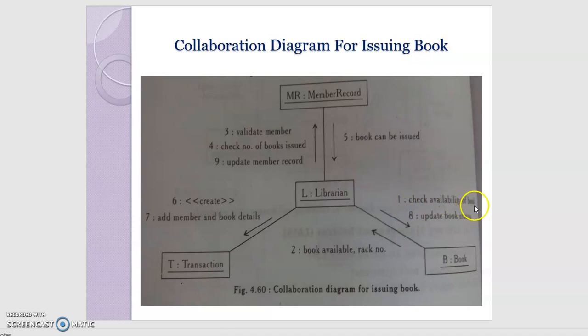First it will be check availability of book. So the librarian will check availability of book. This is the book. Second operation is book available. Then it will go to the librarian. This book is available. Then the librarian goes to the rack. Then third will be